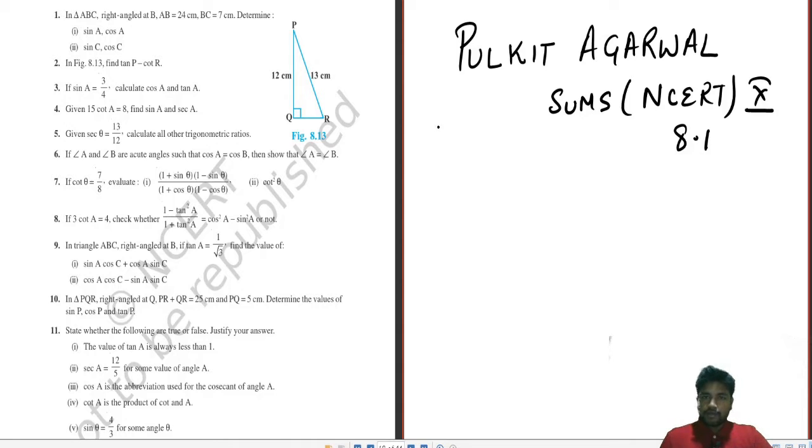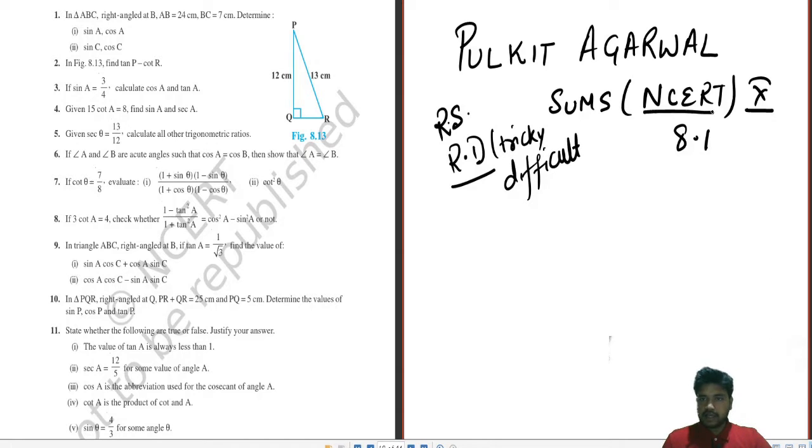You can take help for practicing from RS Agarwal. You can solve RD if you are going very good because it has some tricky and difficult sums. ठीक है ना? So the main focus should be on NCERT first, then you go on to RS. Then if you feel that you have a hold in this part, trigonometry, then you can shift to RD Sharma. Before that, please don't jump into RD in the first case.